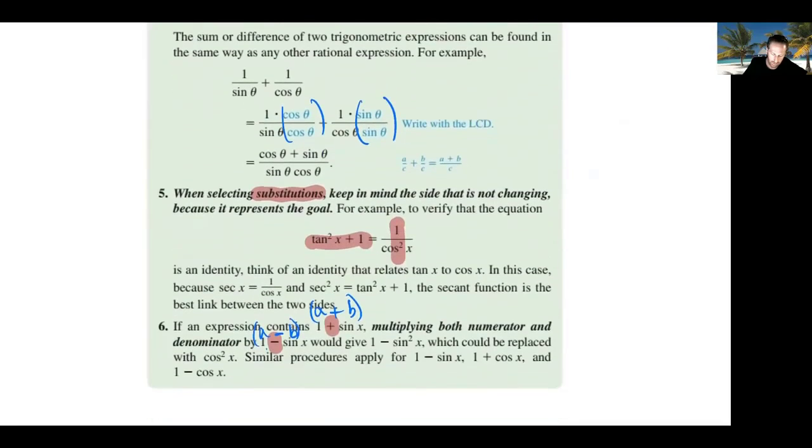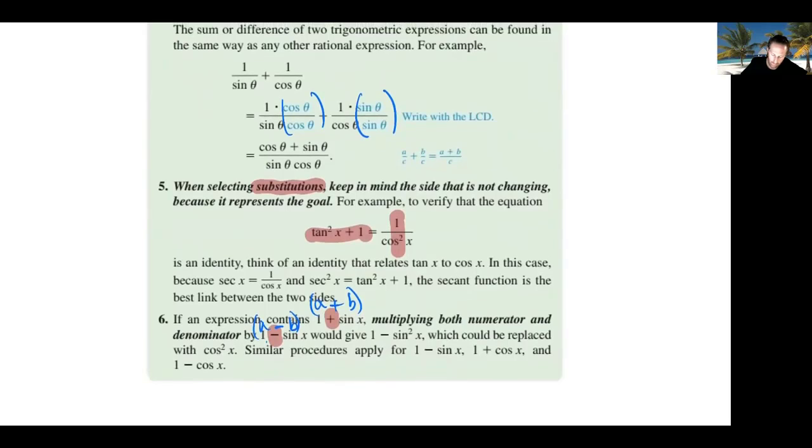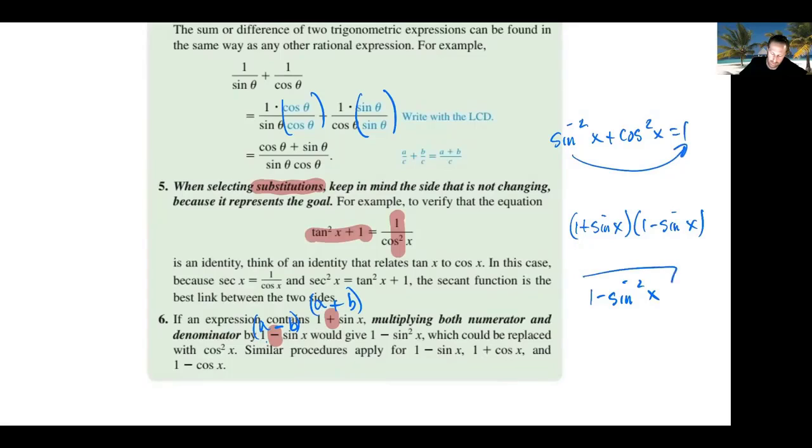And when we have something like that, we would then have 1 minus sine squared x if we had 1 plus sine x times 1 minus sine x. And again, that would hopefully yield the knowledge of another identity by just subtracting over the 1 minus sine squared, and therefore we could replace this with cosine squared. So it can feel like you're going down a rabbit hole sometimes in these, but remember the key is